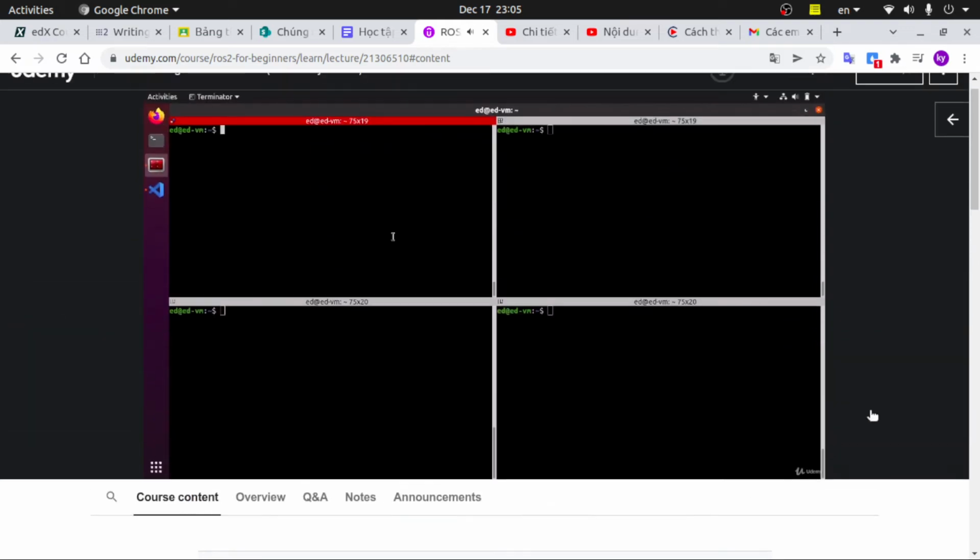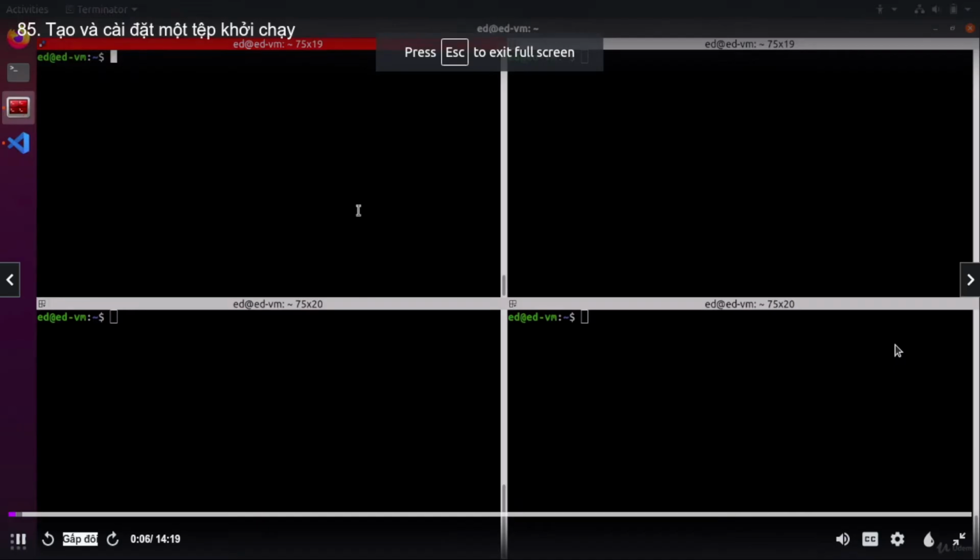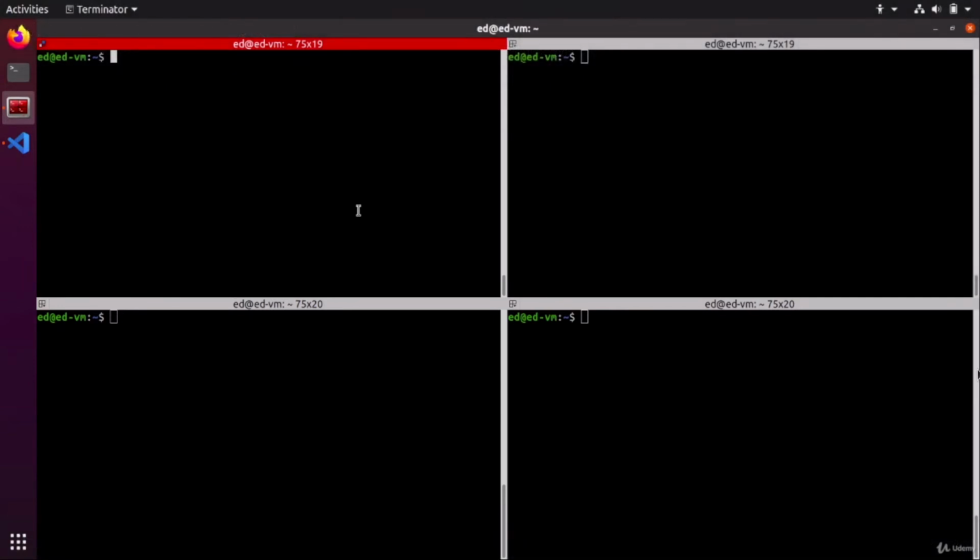Now that you understand the purpose of a launch file, let's see how to actually create one for your ROS 2 application. So we will create a launch file for the number app, which is basically the number publisher node plus the number counter node, so that we can launch both nodes with any configuration we want from only one file. So let's go inside our